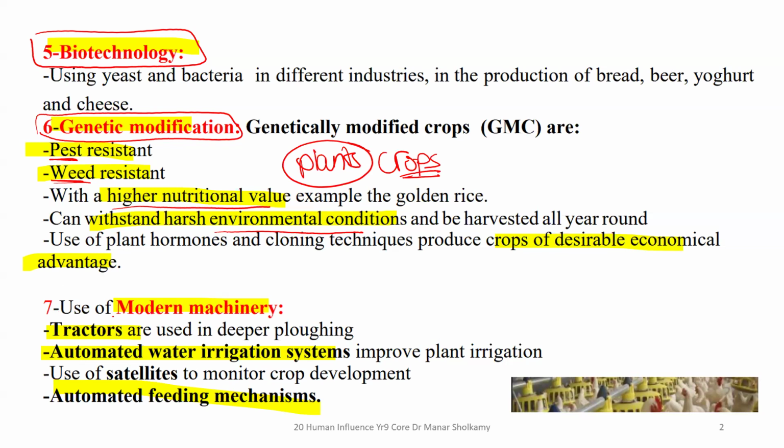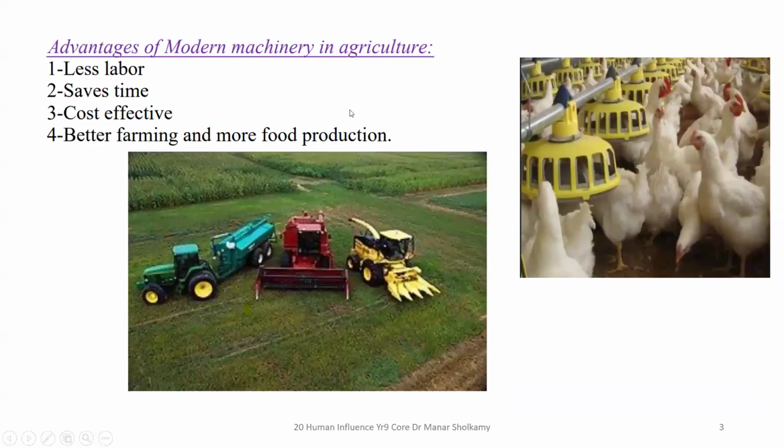Now, of course, in agriculture, we use lots of modern machinery. We have very, very modern farms, and I'll show you pictures. These modern machinery include tractors like this. This helps us, of course, with agriculture when we have acres and acres of land. This, of course, really helps in agriculture.